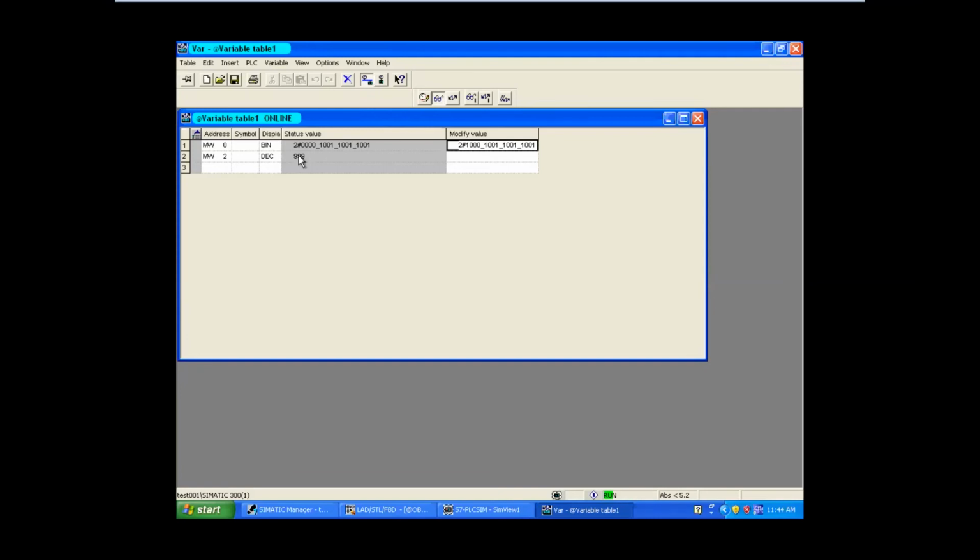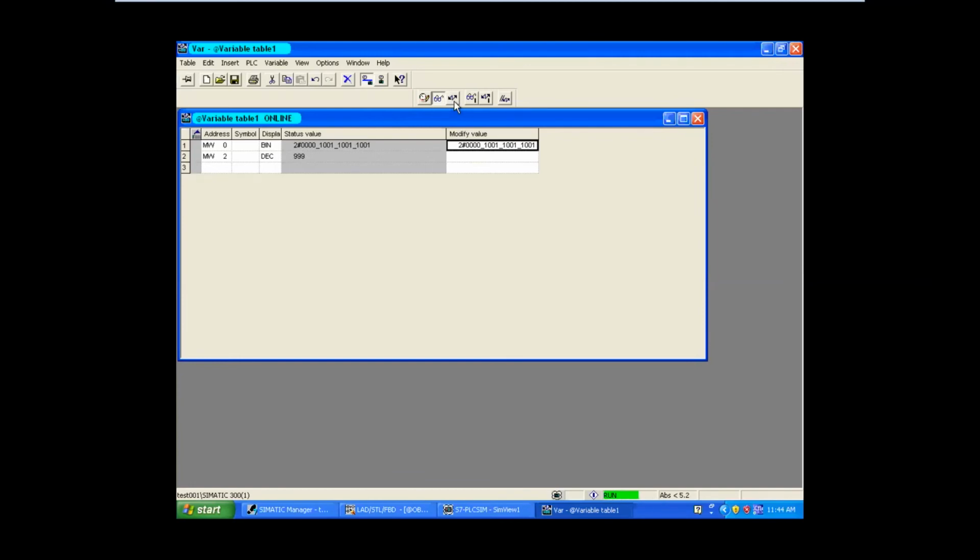See, now I have given the 16th bit as 1. Now update, can you see? It's minus 999. Correct? Why? Because for the 16th bit I have given 1. So let's change that. I'm changing the 16th bit to 0 again. See, since it is 0, it is taking that as a positive value.